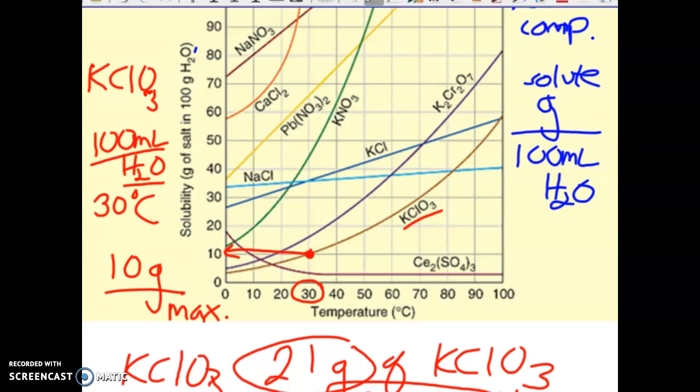Okay, and the scale can go down too. So let's say instead of 100 mils, you're dealing with 50 milliliters. The maximum would then be half of that, right? So 5 grams. The other thing to be mindful of is that, of course, it changes as the temperature changes